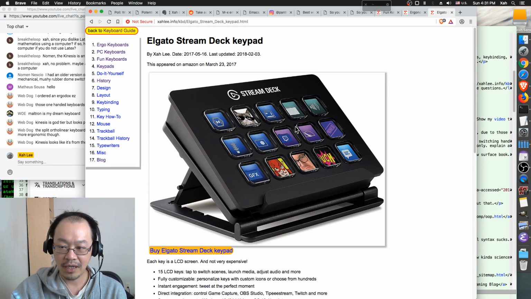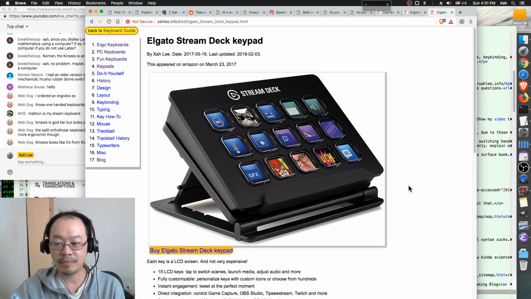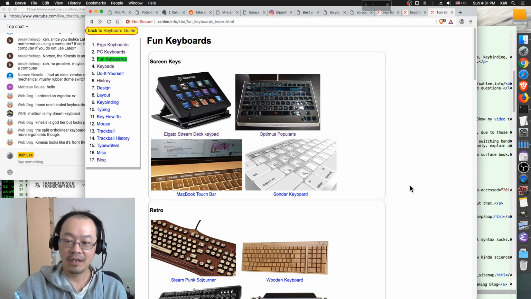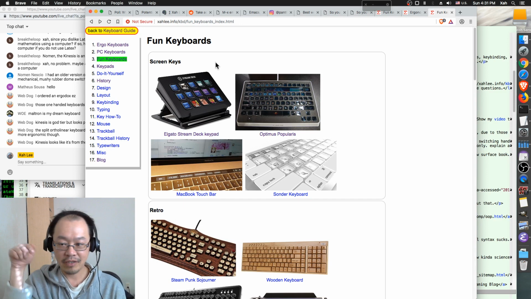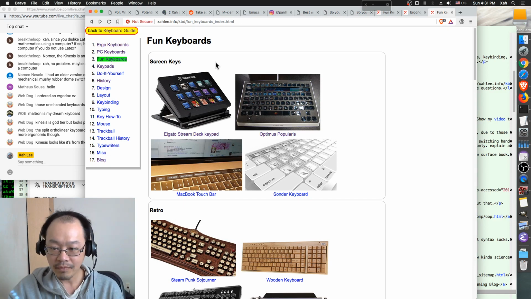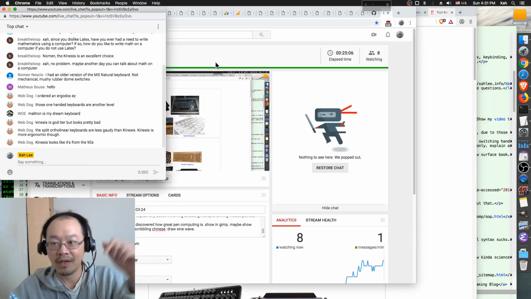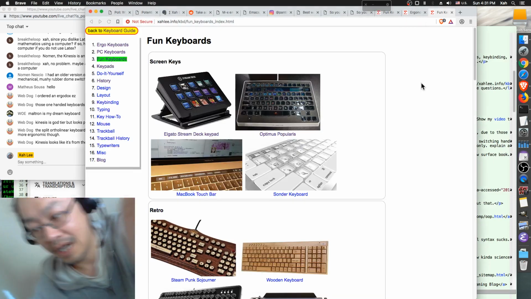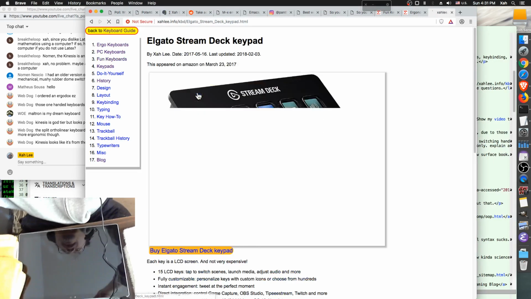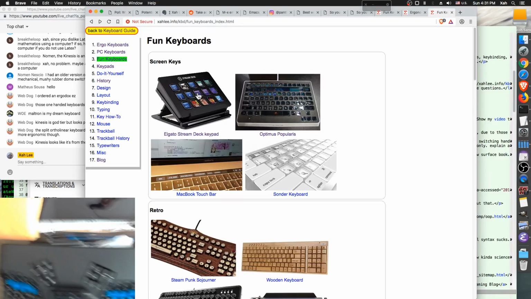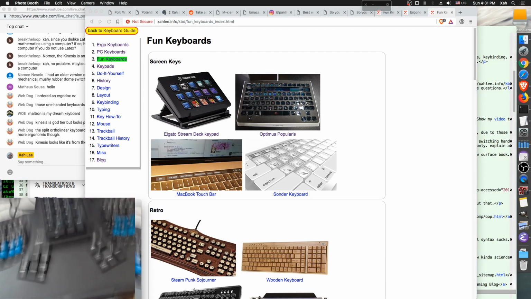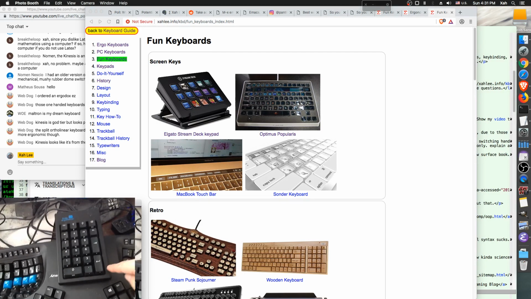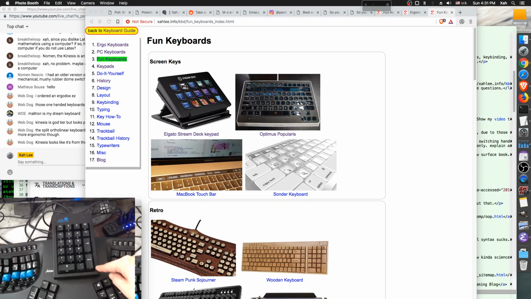And this is a programmable keypad. So you can set it to Firefox, Google Chrome, Emacs or Terminal, Photoshop or whatever. Just press a single key. That's what I do now. Because you see, I don't have a programmable keypad right now, but I have this. Let me show you. You see that number pad? This is actually just a normal number pad.